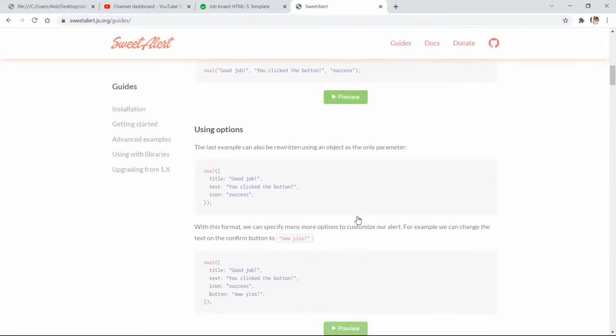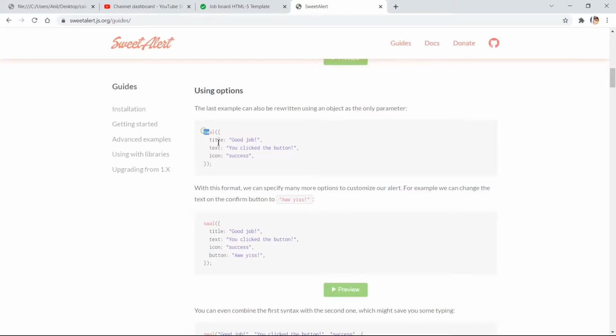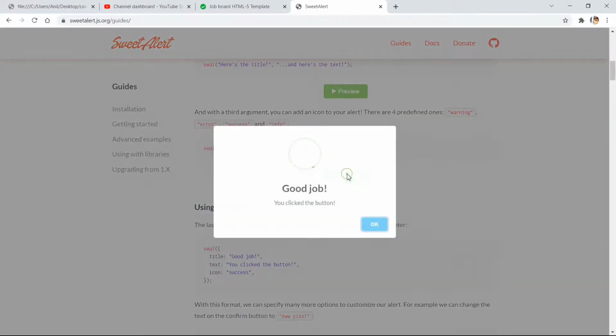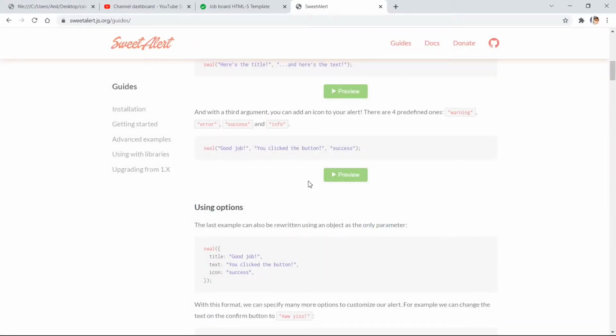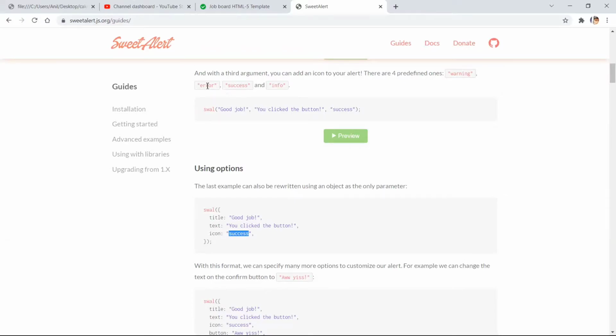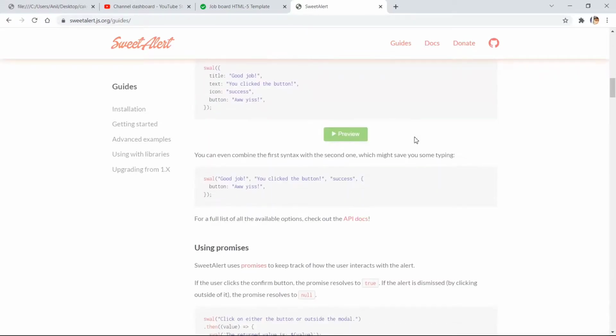You can use it like this way, giving the title here, then text, the message, and the icon, meaning how it will look. If it's success, then it will look like this, or if it's error, it will give us an icon of a cross in red color. Like that the icon changes depending upon what we use here: error, success, info, and warning. Okay, these four things we can use in this sweet alert.